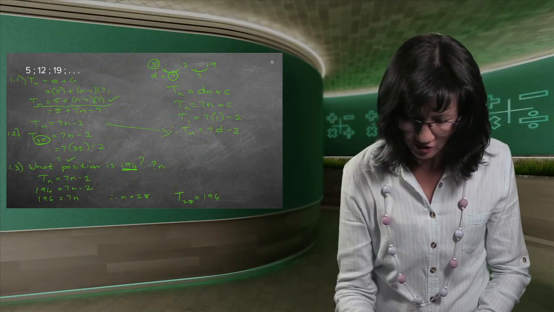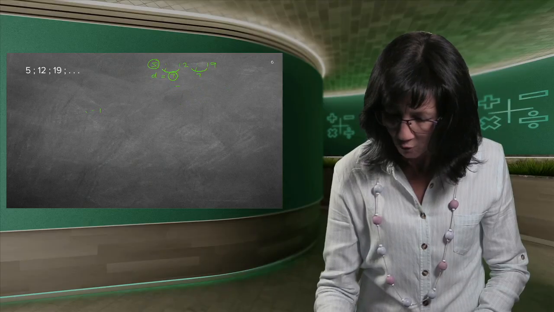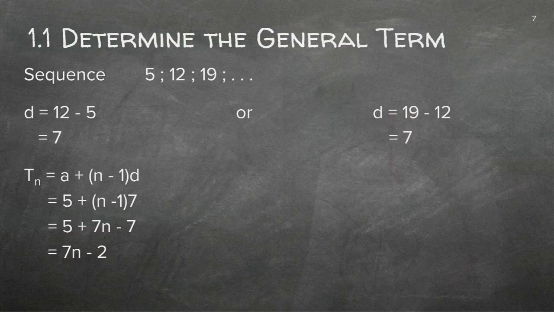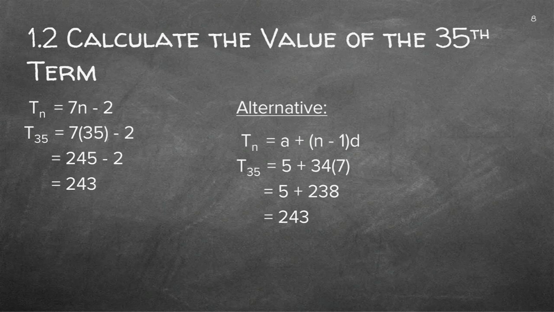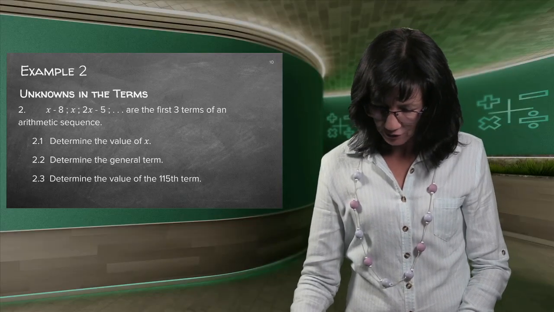Nothing new here. This is just revision, but I'm going to take it off so that you can do it on your own, and decide which formula you find easier to use, and that's the formula you're going to use. If you're done, you can check all your answers here. You can go over it slowly. There's also the alternate method with the different formula, the one we used on the previous page. And the same here, there's the alternate answer. And there are your answers for example 1. So after you've done it on your own, you go and check thoroughly. Look at the way of writing. Look at the substitution. And make sure that you can do it correctly.